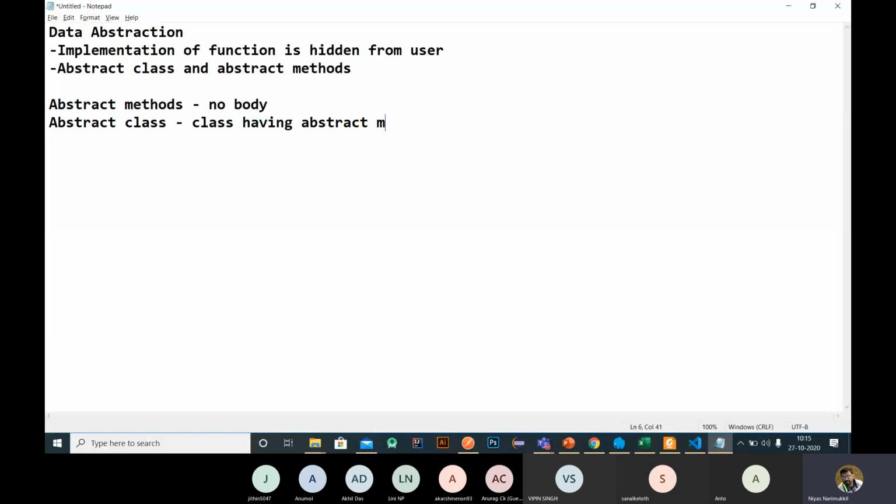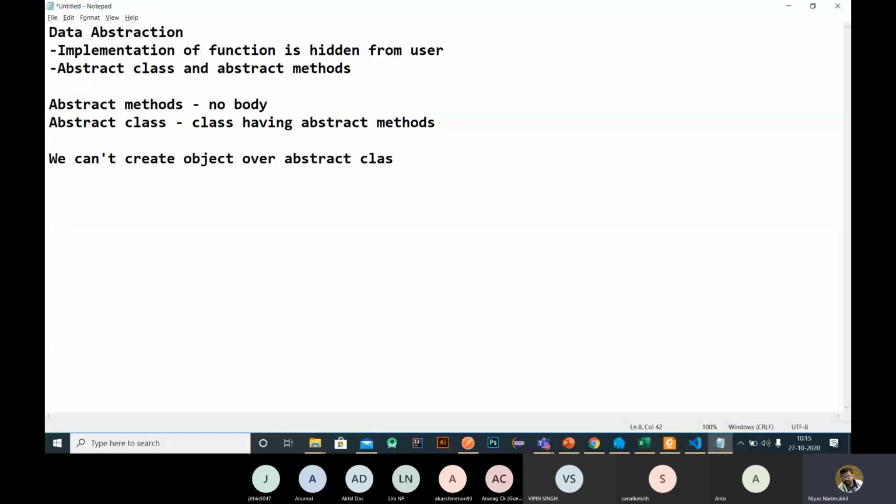We need to use the keyword abstract to make a function an abstract method. What's the idea of an abstract class? We can't create an object of our abstract class. Abstract classes are just a kind of definition only, with no specific object for that class.